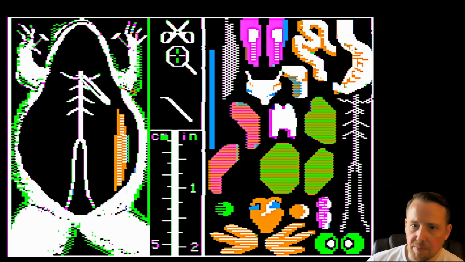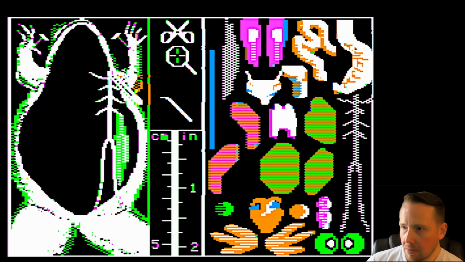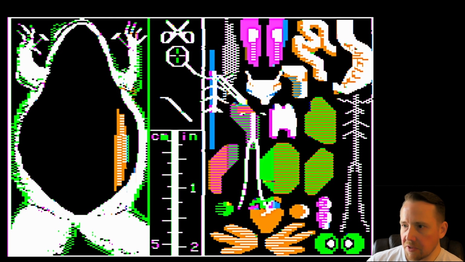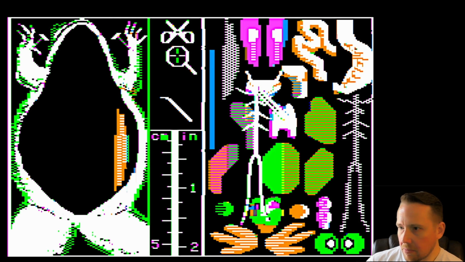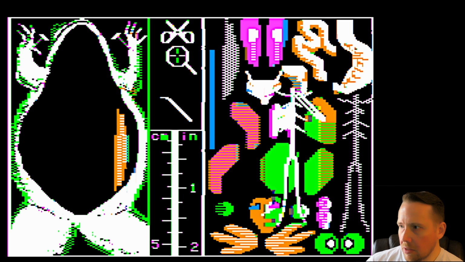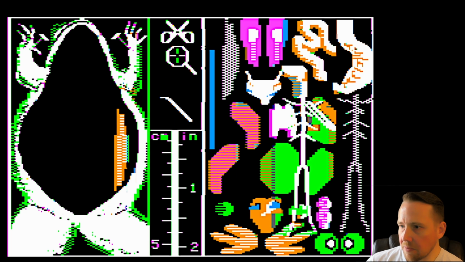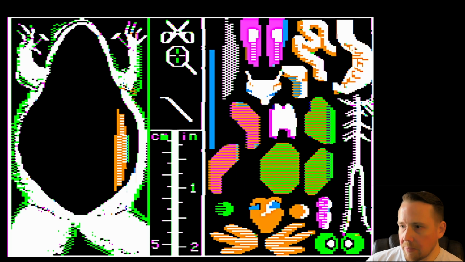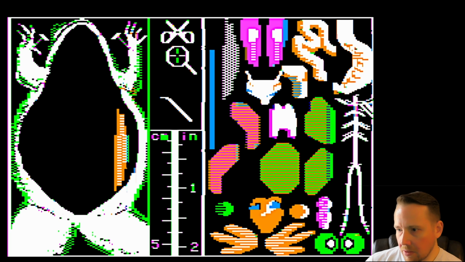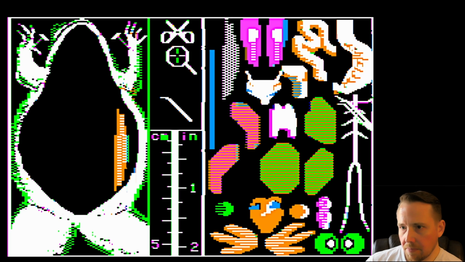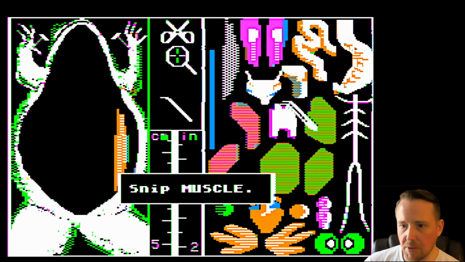Moby Games says you can pick a male or female frog, but I didn't see that. Did you? Maybe that's a later revision. Or a different port. I don't know. This was ported to... I think it was ported maybe to the Apple II from the C64. It also came out for DOS and Macintosh later. Let's see what this last thing is. Muscle. Okay.